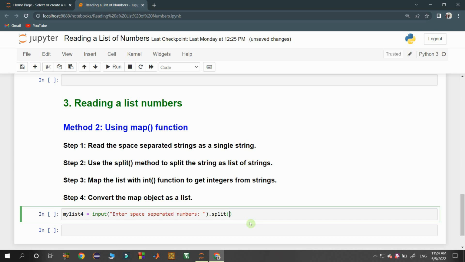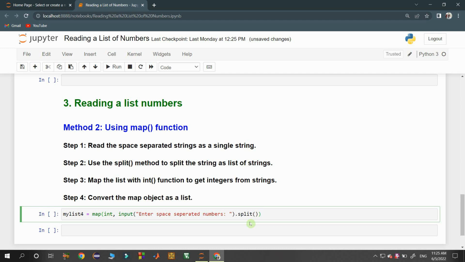For that I am using the map function here, map. So we need to convert those strings into integers. For that in the map function I am using built-in function int. That is the first argument for the map function. Here the second argument is nothing but list of strings. Then I am closing this map function with a closed parenthesis. Step 3 is completed. I have used a map function to get a map object by converting each string from that list of strings as an integer, where I have used